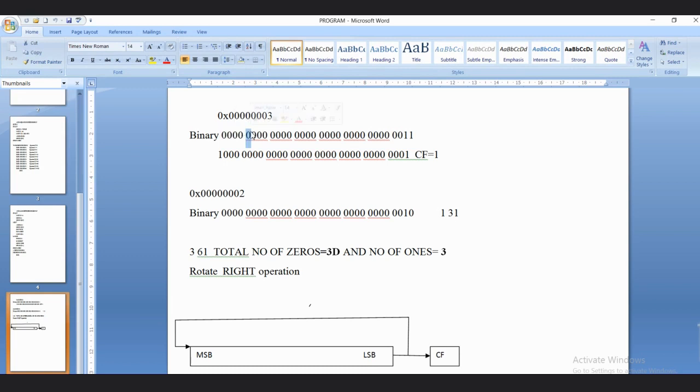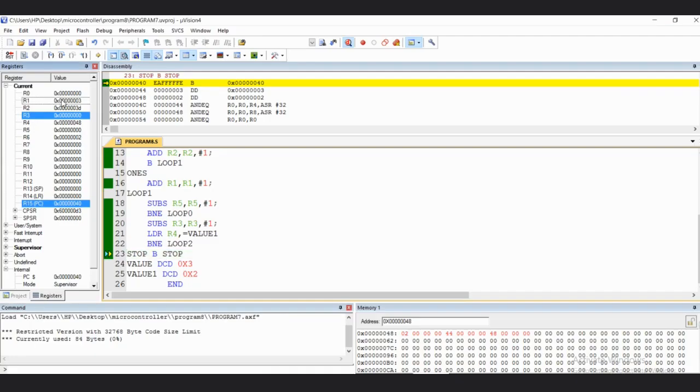We already counted that the first element has 2 ones and the other 30 are zeros. In the second number we have only one 1 and 31 zeros. So therefore the total number of zeros will be equal to 61 and the total number of ones will be equal to 3. The result found here is the total number